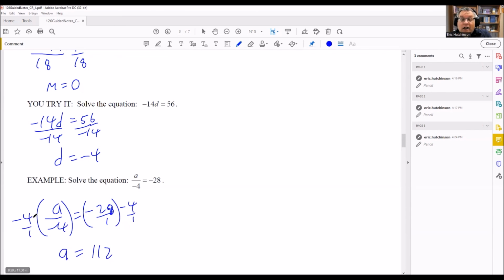When you're multiplying a number like that, it's really a number over 1. So you're only multiplying the numerators, the tops,